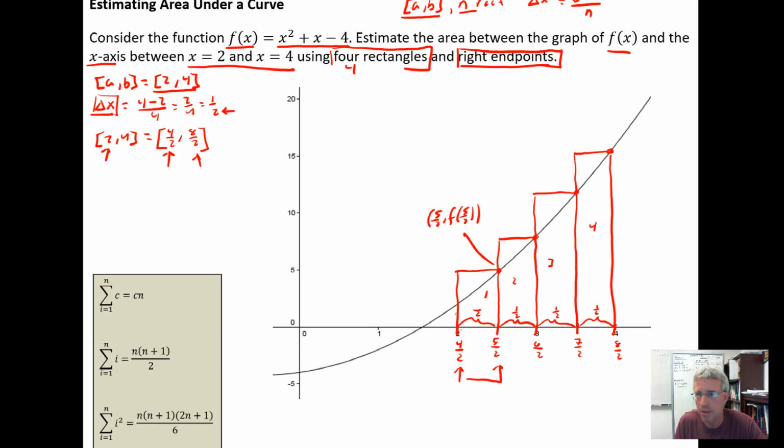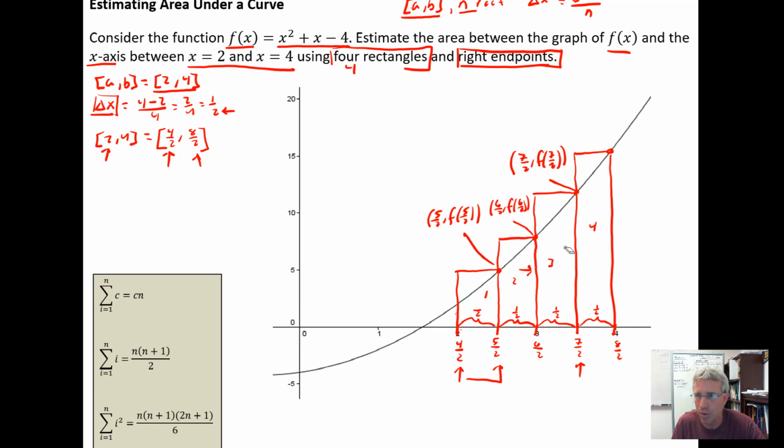At this point right here, I know when I input 6 halves, the function output is f of 6 halves, and that will be the height of this rectangle. At this point, when I input the 7 halves to get the ordered pair, I input that 7 halves into the function. F of 7 halves will be the height of rectangle